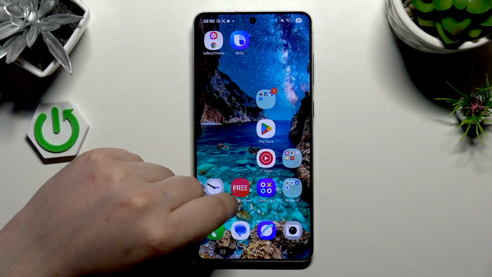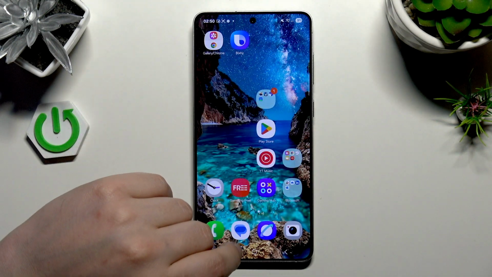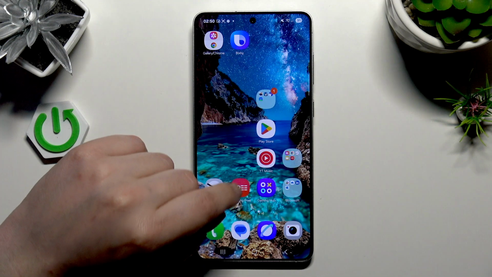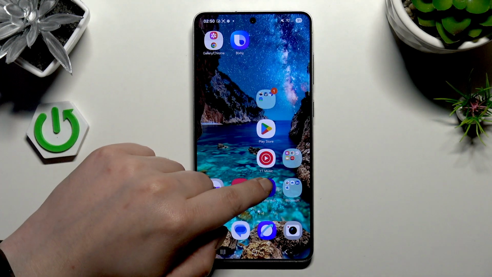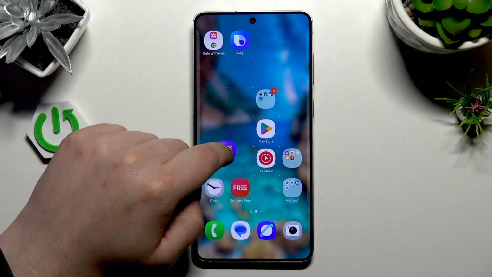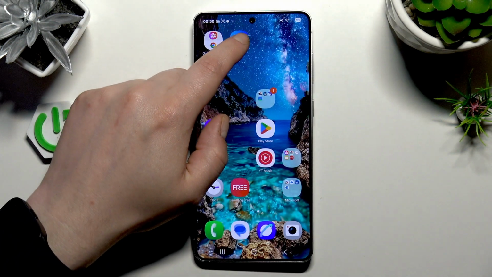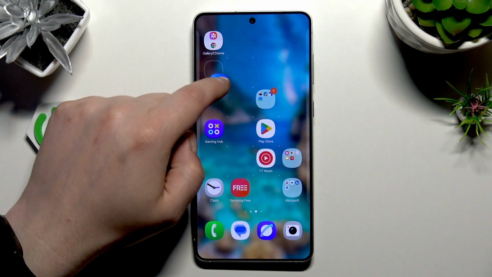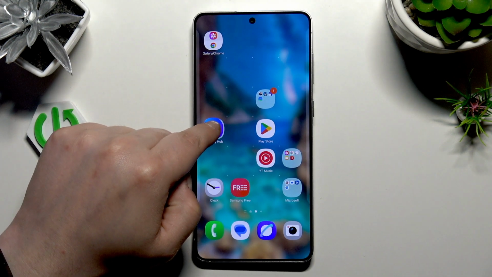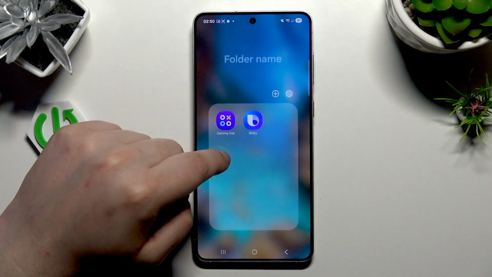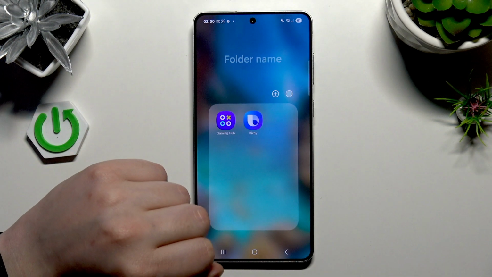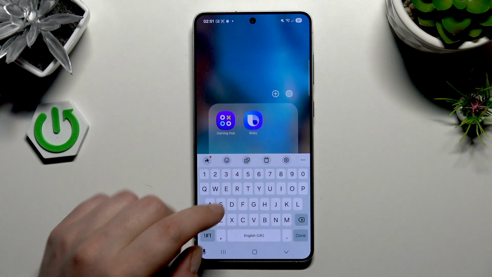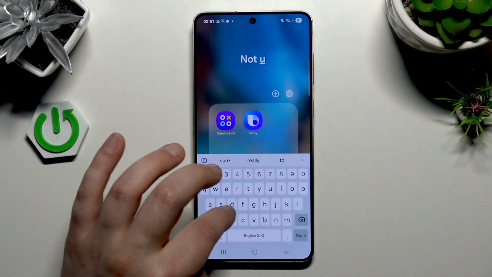Move to the home screen, and as you can see I have a few applications here, but for example I'm not gonna use Gaming Hub as much as Play Store, and I'm not gonna use Bixby either, so I can move this application onto another application, and it will make a new folder. You can also click here and name this folder. For me it's gonna be not useful,